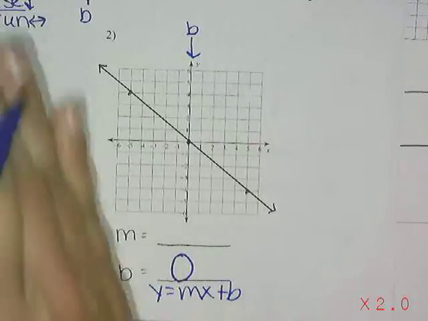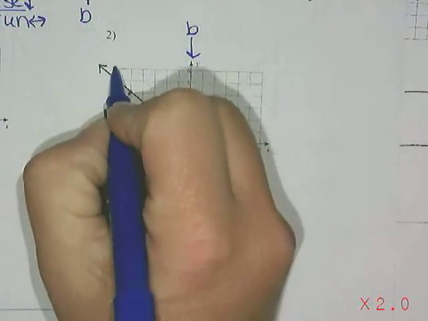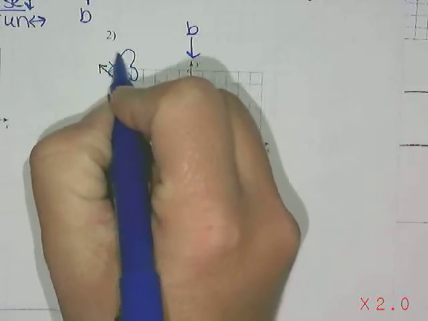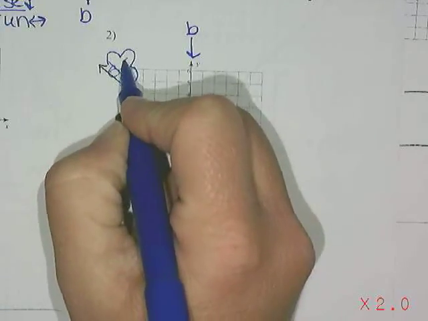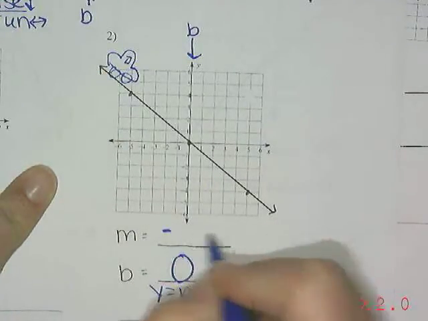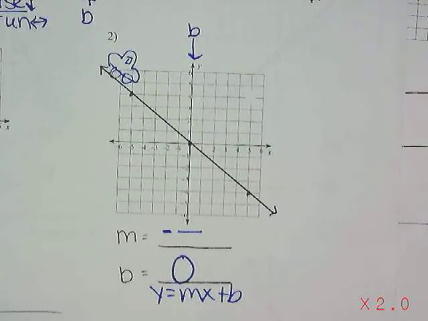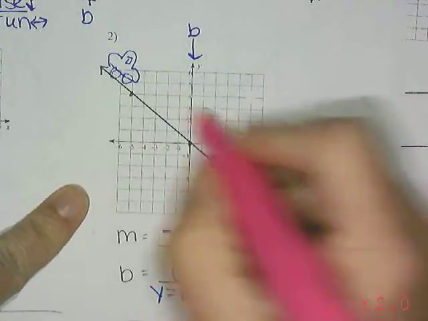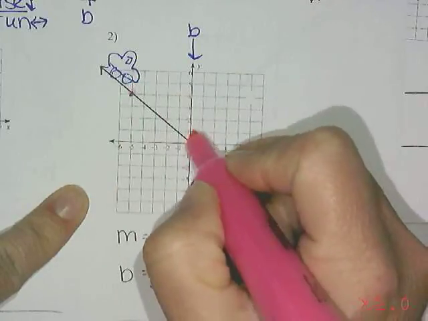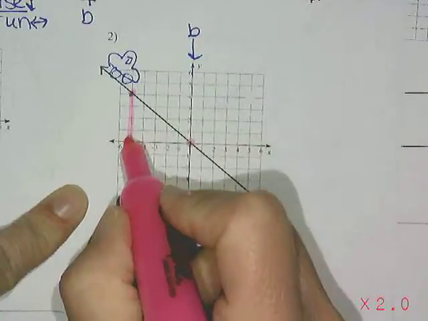My slope, looking from left to right, looks like it's going downhill. So I know my slope, here's my little car, or my roller coaster car, is going to be going downhill, so that's a negative slope. So let's figure out what that is. You can pick any 2 points that you want, and this time I'm just going to pick this point and this point. It's my rise over my run, so I've got to go up and down first and then left